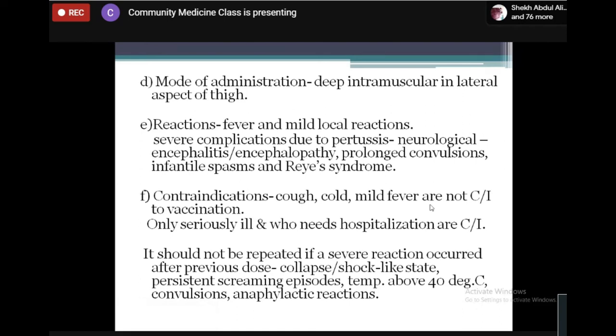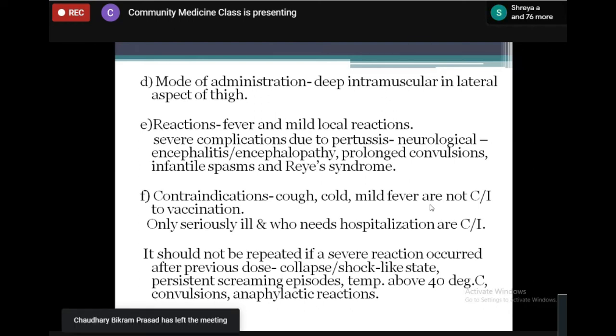Okay, so neurological disorder means encephalitis, encephalopathy, where brain damage occurs and the child may develop seizure and then may have altered sensorium. The child may be disoriented to time, place and person. In severe cases the child has a seizure or becomes unconscious, may go into coma, as the disease has affected the brain. Prolonged convulsions, infantile spasm means seizure in infants, it's known as infantile spasms, where the child has this